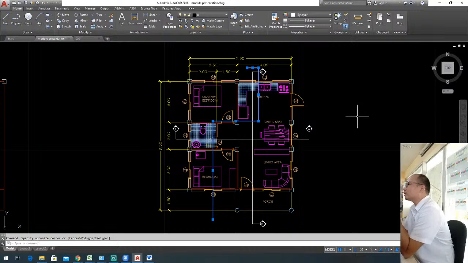Next consideration is it must be showing the kitchen. You know why? Because you've got fixtures in the part of the kitchen, right? And take note that you are already going to provide more likely a major idea as to what would be the form of your kitchen. So in a plan, especially if the client does not require you to have an interior design, more likely the kitchen part or the comfort room part could already show the major idea